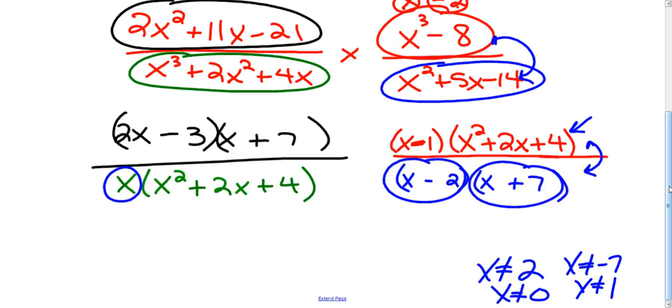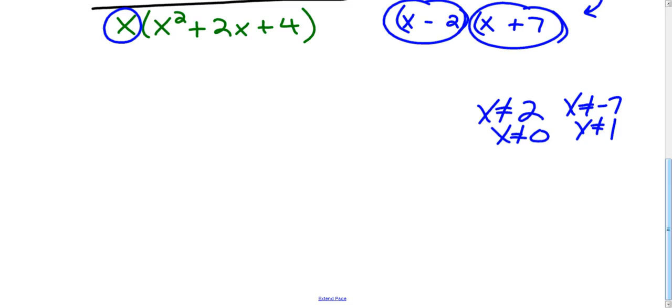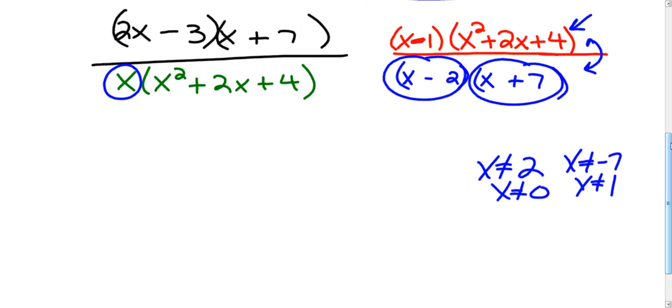Then I'm going to simplify this, and we'll do another example where we look at what x can't be in a minute. But here's the deal. I'm going to cancel what I can. So I know that this quantity cancels with this one. I know that x plus 7 cancels with x plus 7. I know that